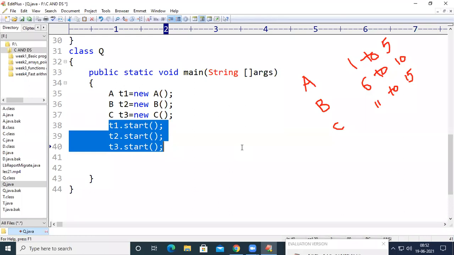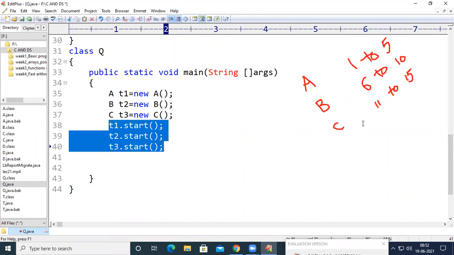After T2 got executed, the CPU is left with T1 and T3 in the ready state. Among T1 and T3, if T1 is the shortest job, then it will be executed. So after printing 6 to 10, 1 to 5 will be printed on the output screen, followed by 11 to 15.